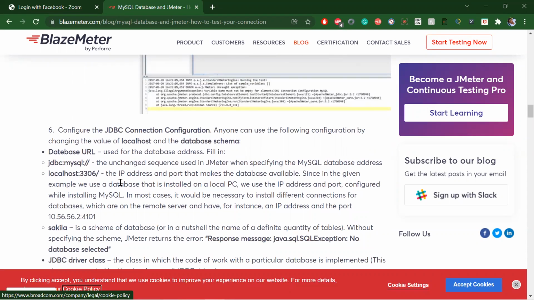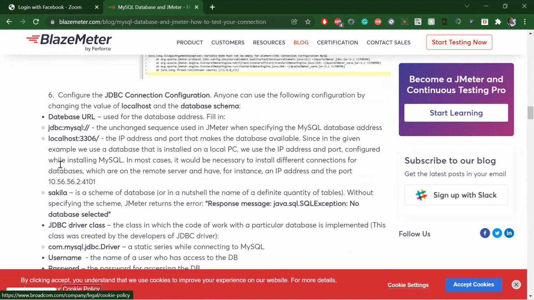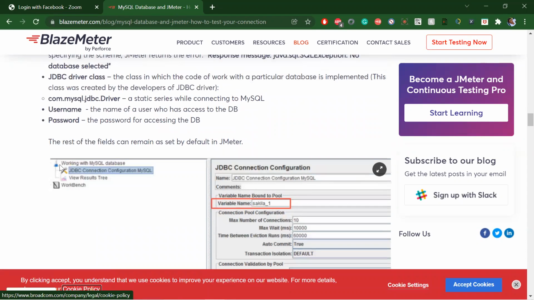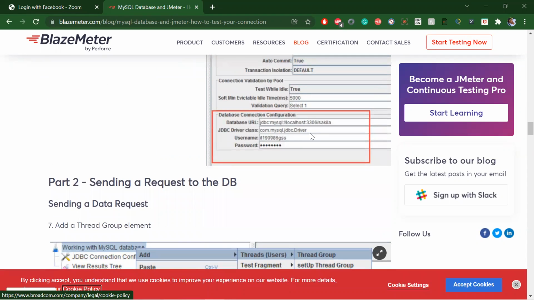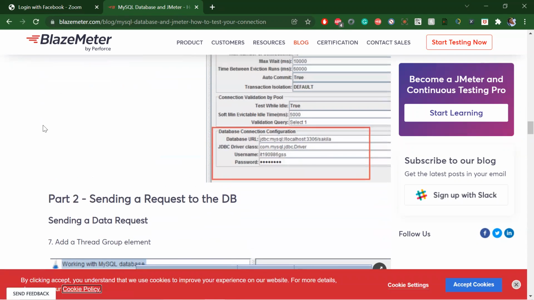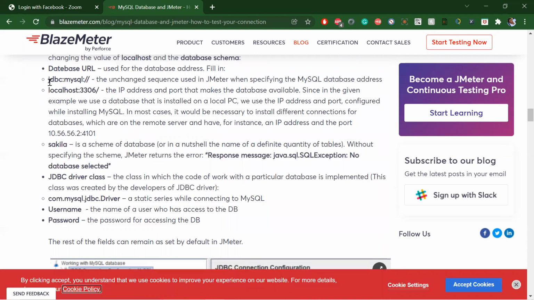Okay, it's like this: jdbc:mysql and then the data. So we are writing this pattern. Let's copy this, because this is the common syntax.